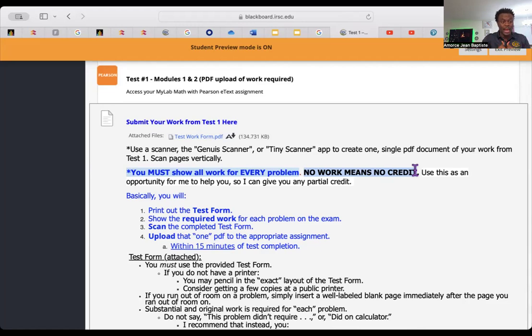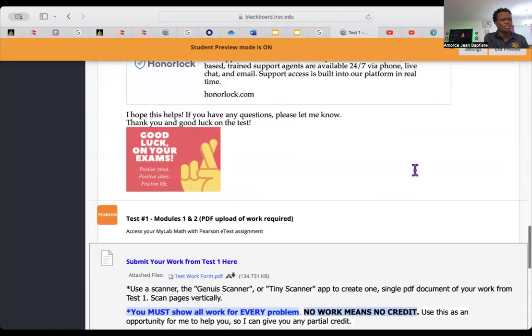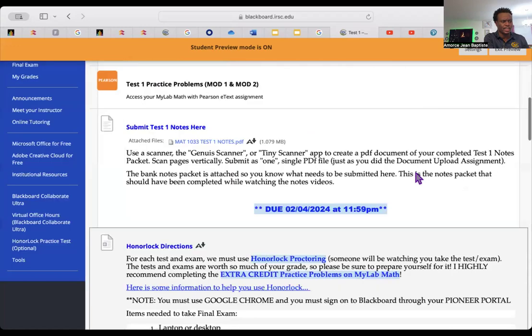So you print out your test form on the test day. On day one of test week, you read your information. You get yourself ready. You print out your test form, you read the whole thing, and you can even start reviewing for the test.